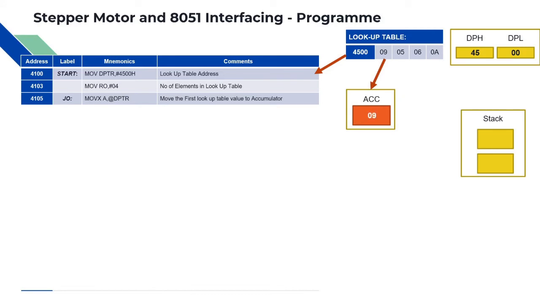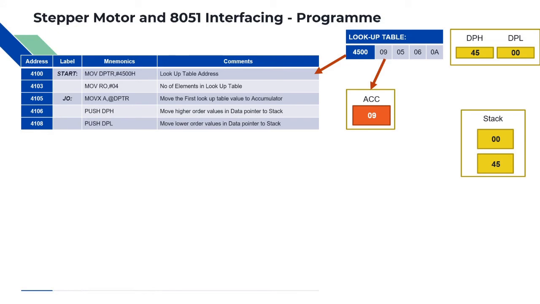Now we are taking the first value from the location 4500 and assigning it to an accumulator. Then we are using a push instruction to push the content of DPH onto the stack. Then DPL, push DPL. The DPL value will be pushed onto the stack, right? When I do this, the values of DPH and DPL don't change. Why do I need this, right? Because in the process, I'll be using two 16-bit addresses.